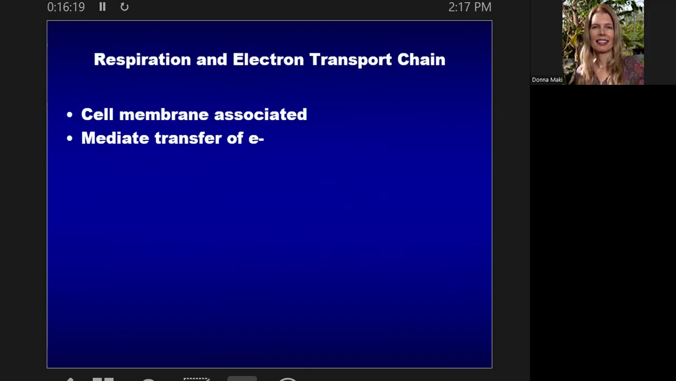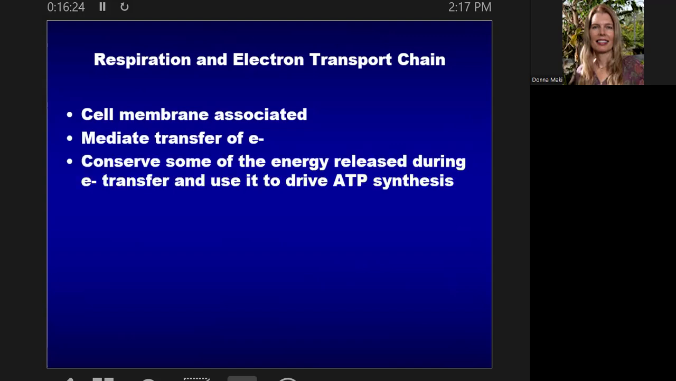So in a microbe, we zero in on the cell membrane for this because they don't have mitochondria. And in this electron transport chain process, you're going to see electrons moving from donor to acceptor. I think of a hot potato game where you're just passing these electrons down the chain. And what you have to appreciate is that as these electrons are going from player to player in the electron transport chain,